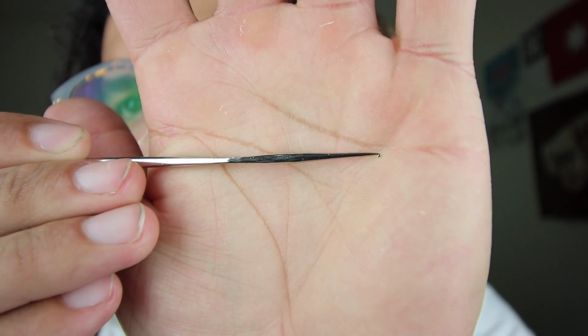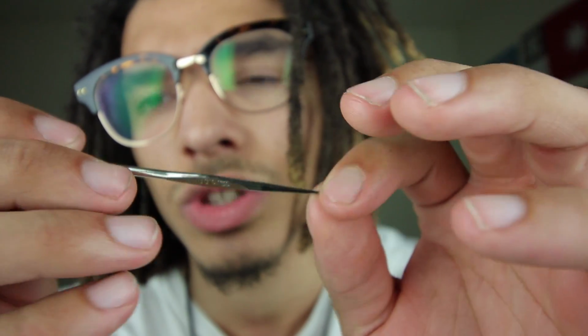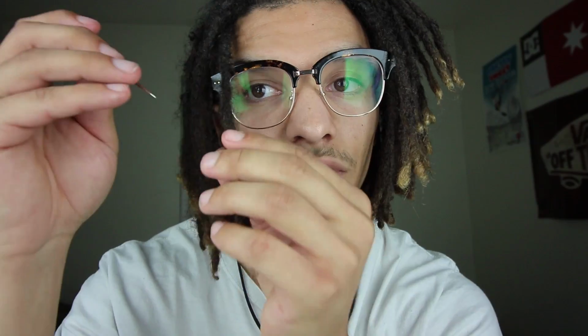If you guys can see that hook, see how it's facing down? That's how you want to face it. You want to face it towards your body. For me, it's personally easier to face the hook. All right, so the hook's down like this. I face it towards me this way. The hook is facing me, so it just makes it easier for me to control, because I can feel it